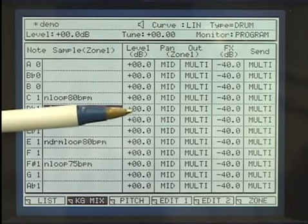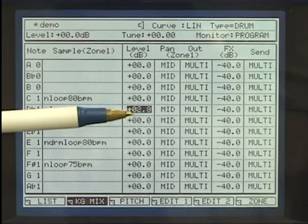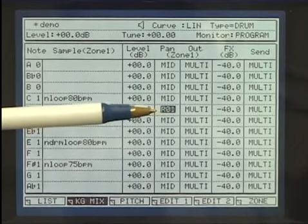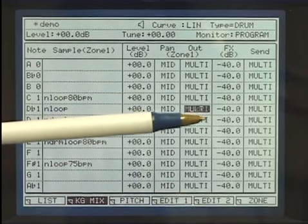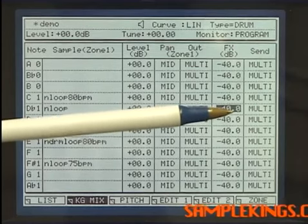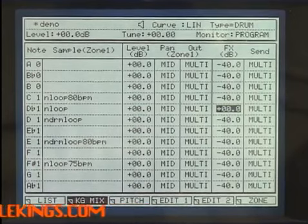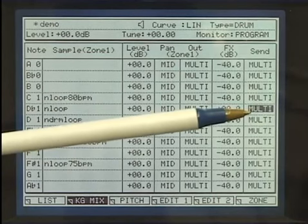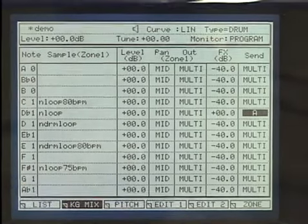Now here, we can adjust the level, the dB. We can raise it up or down. We can also adjust the panning, whether right or left. We can adjust the output. And of course, we can adjust our effect level, dB-wise. Right. We want to set it to 0 for our demonstration today. And we have our send. We're going to send our effect to A. Next, we want to go to...